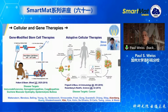Okay, and then let's get to where we are with Steve Jonas, who I mentioned earlier. So he came to us after his MD, PhD, and residency, and he was in the special position that guaranteed him a faculty position at UCLA when he was done. And so he could really focus on setting up his career and his collaborations. And his idea was to be able to take the hematopoietic stem cells from the bone marrow of patients, and for patients such as those with sickle cell or thalassemias that have hemoglobin miscoded, to correct that in the hematopoietic stem cells while the patients were still in the office, rather than sending the stem cells off to a facility for a few